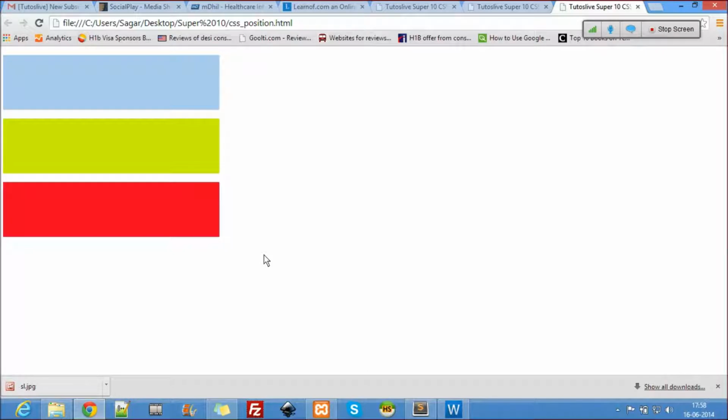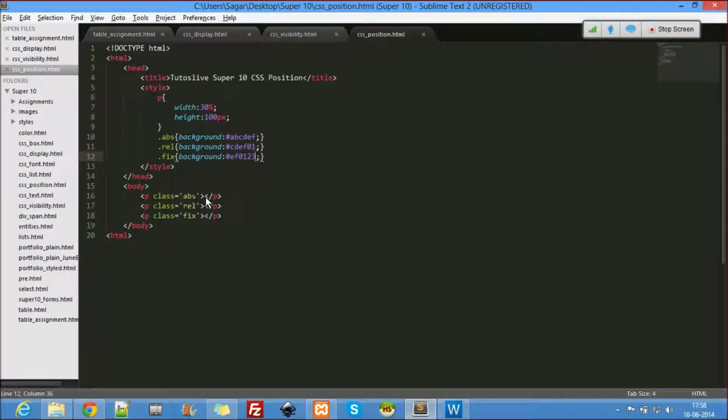Three different blocks. The first one is absolute, so let's just write something inside saying position absolute. Okay, let's give the coordinates here too. Top, I'll say top is 100 pixels, and I'll say left to be 200 pixels.